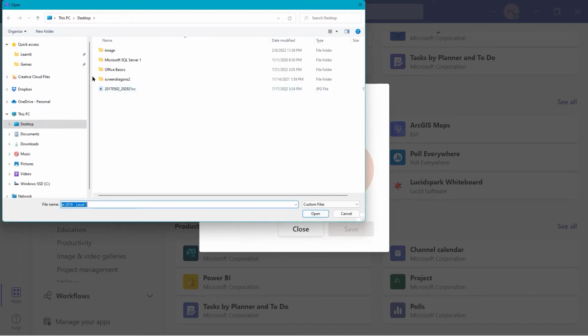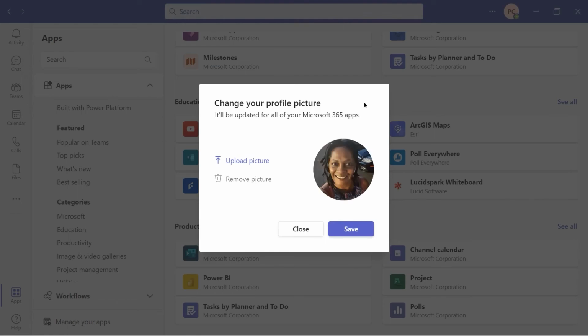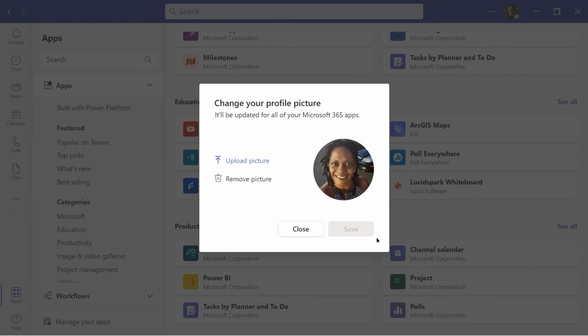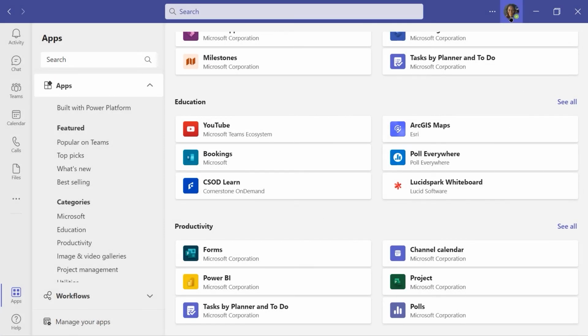If I put a picture in here for Teams, it's going to be the same picture that shows in my other Office apps. I'm going to select this photo that I chose on my desktop, and then I'm going to save. Once it's saved, I'm going to close that, and you can see my picture instead of my initials up there now.